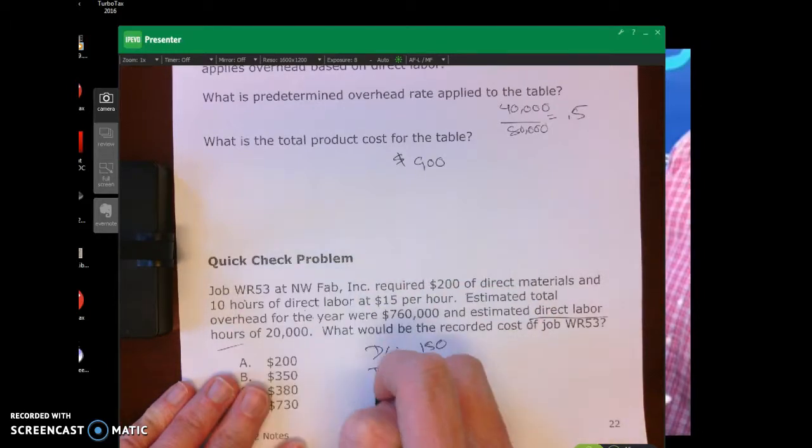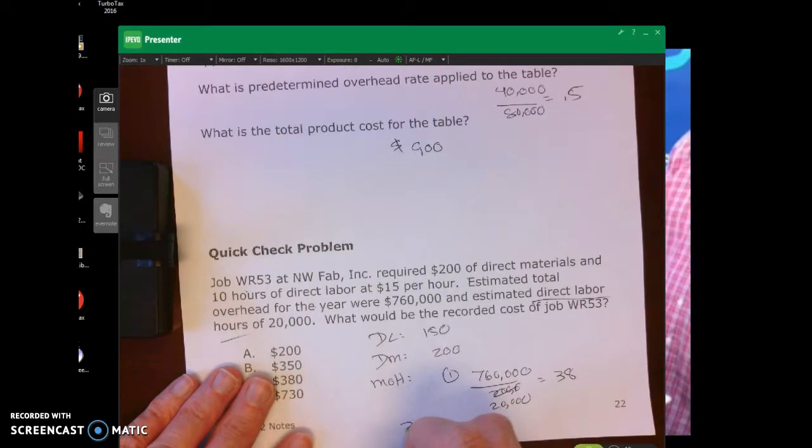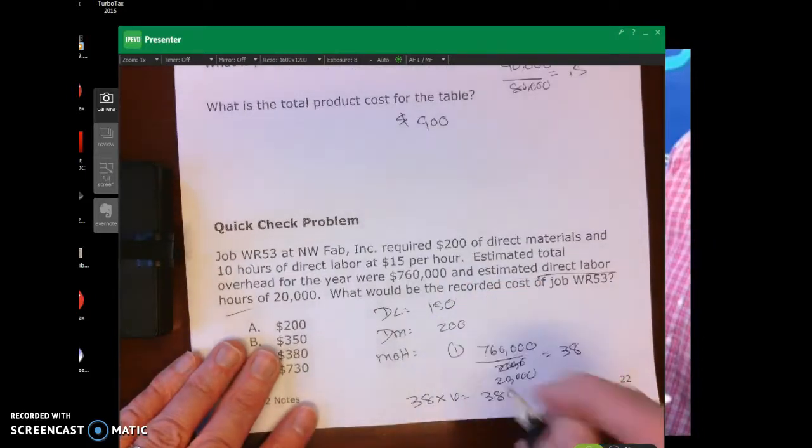My direct materials is $200, and then for my manufacturing overhead, I have to first calculate my rate by taking my $760 divided by my $20,000, which gives me 0.038. Then I go 38 times 10 equals 380. I add the 150 and I get